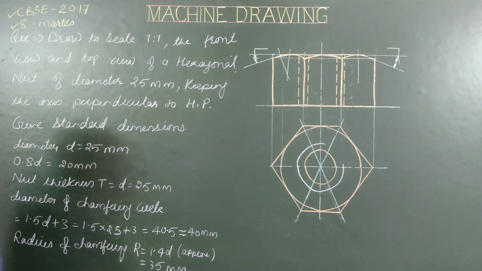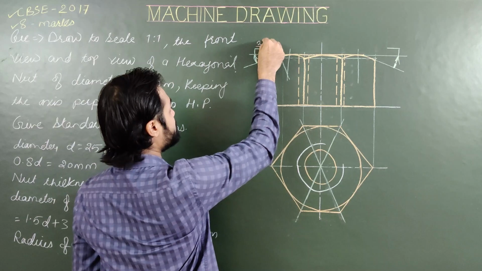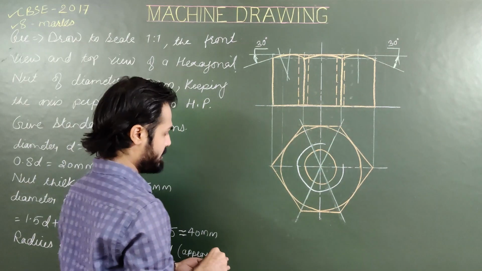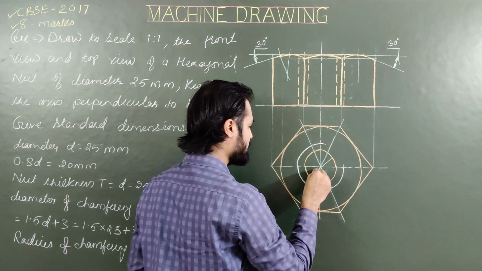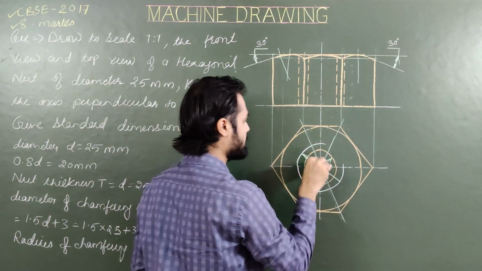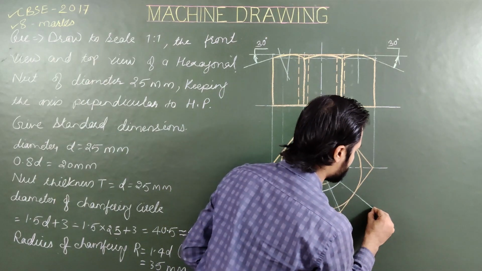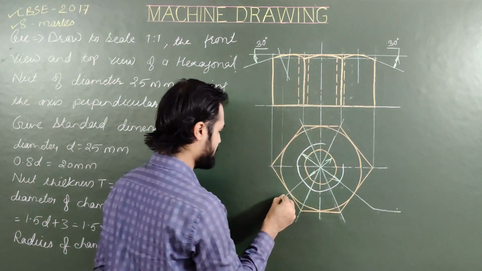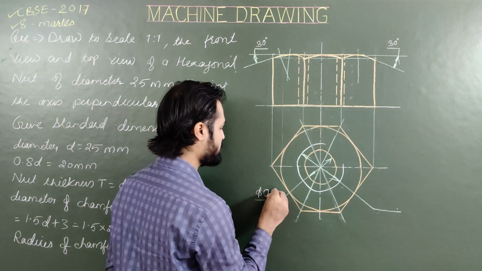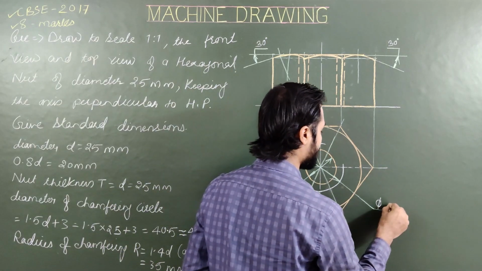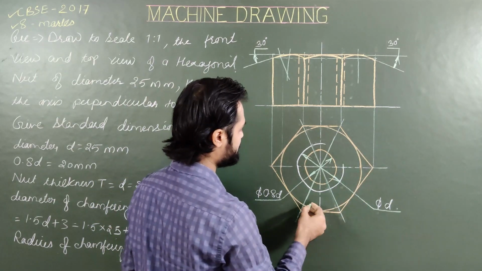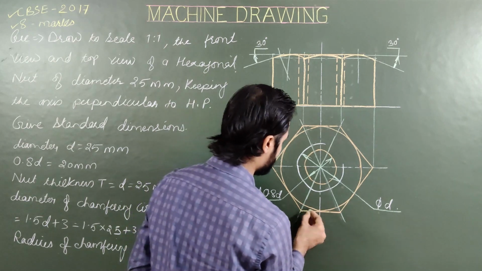Next is dimensioning. For dimensioning, please write the angle of chamfering 30 degrees, then diameter 0.8D, this diameter is D, and this one is dia 0.8 of D, dia D. For the third circle, the chamfering circle, the diameter is from where to start is